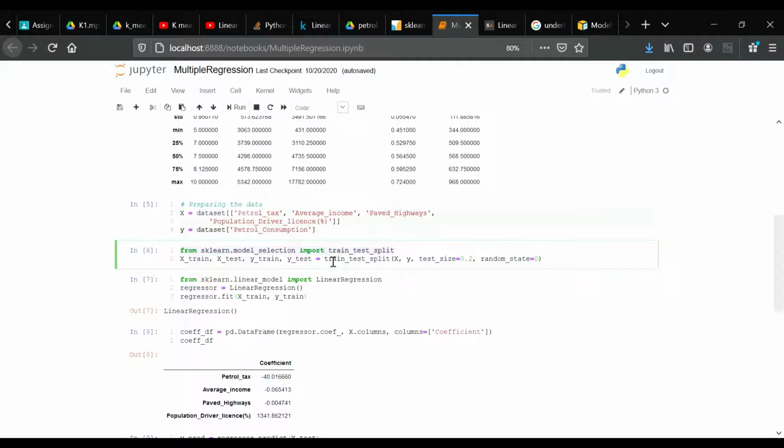Now we come to the step of training the algorithm. We finally train the algorithm. We execute the same code which we used for simple linear regression, using the fit method of the LinearRegression class. As said earlier, in the case of multivariable linear regression, the regression model has to find the most optimal coefficients for all the attributes. To see what coefficients our regression model has chosen, we execute the following step.